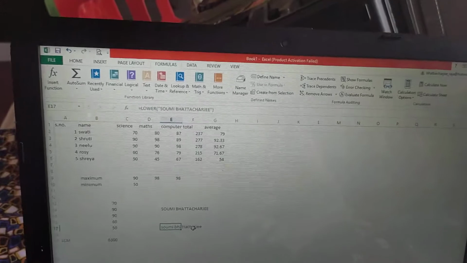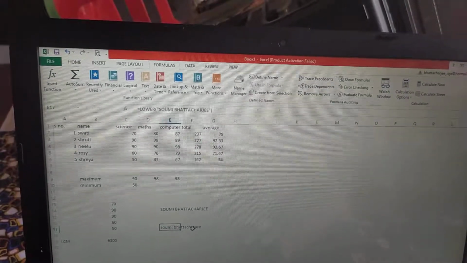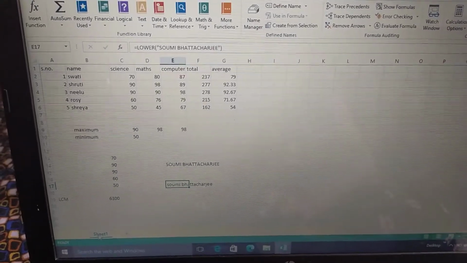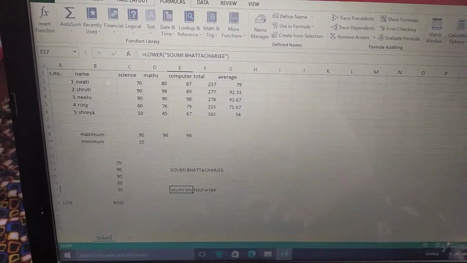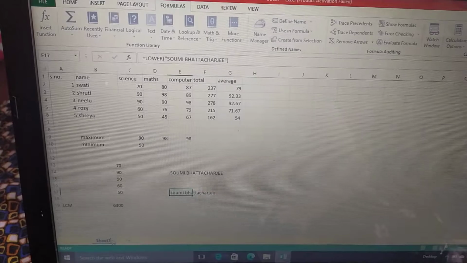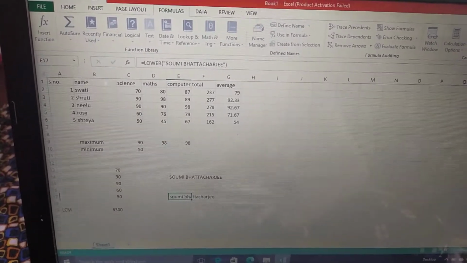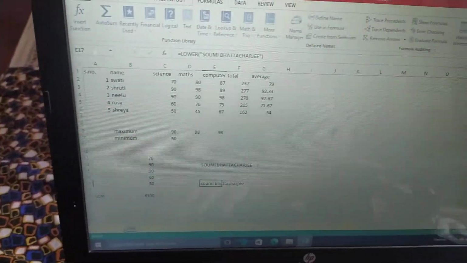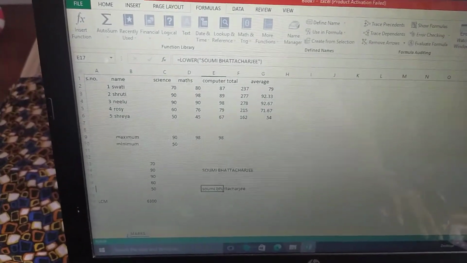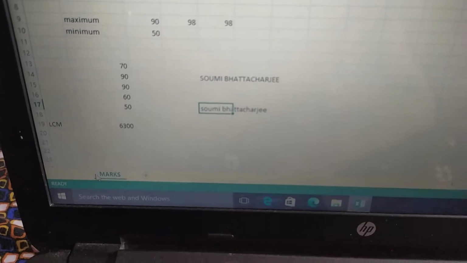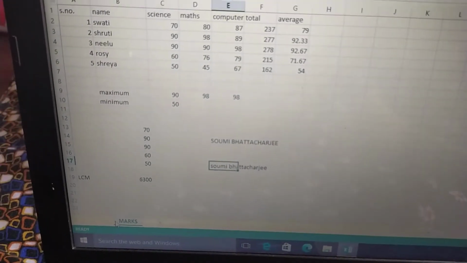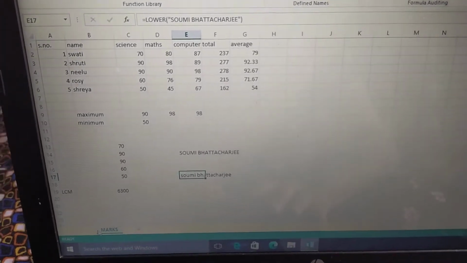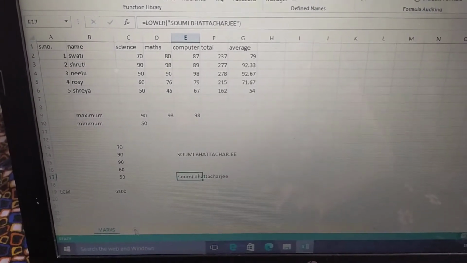Now, next is how to rename a worksheet. Over here, sheet 1 is written. You can double click on it. Then you select it. Write a new name for your worksheet and press enter. See, our worksheet name is changed. Now, how to insert a new sheet?